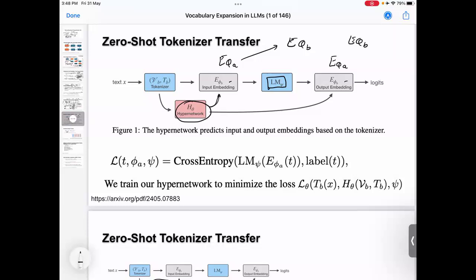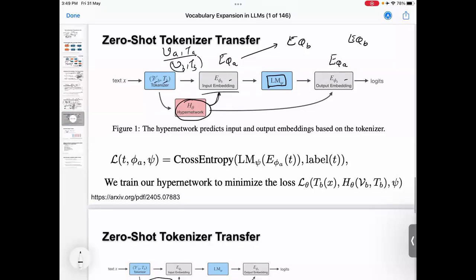So if you see this, this is the new tokenizer VBTB. So earlier it was VATA. Now you have the new tokenizer VBTB, right? So you pass these tokens to this hyper network, it will generate the embeddings for the new tokens, and you can use those new token embeddings to embed, sum with the positional embeddings, pass it to the LM, and do the rest of the things. Okay, the idea here is the following. So this is the loss,